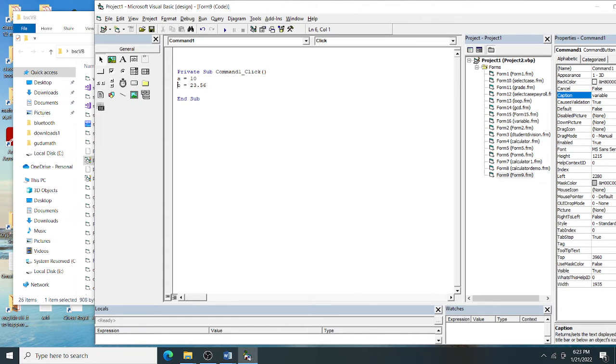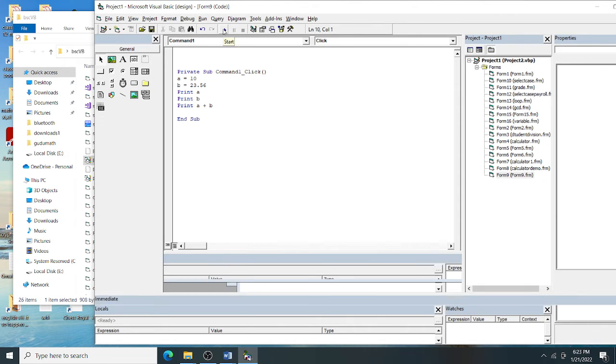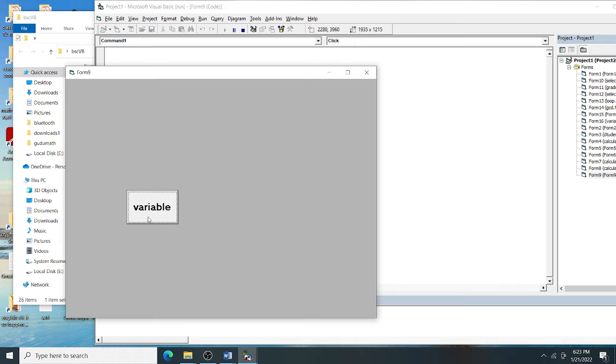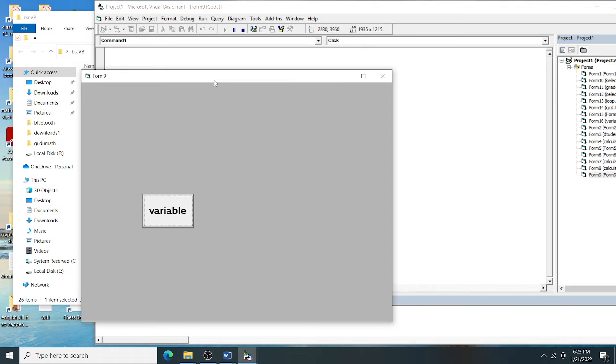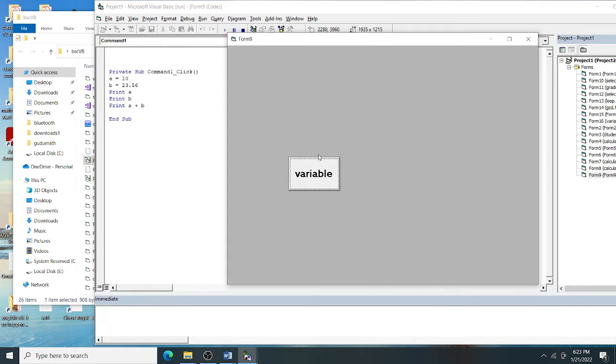But if we are not declaring the variable, what will be the data type? Variant type. Then I type print a, then print b, then print a plus b. If I execute this by clicking on the command button, this is implicit declaration of variable.